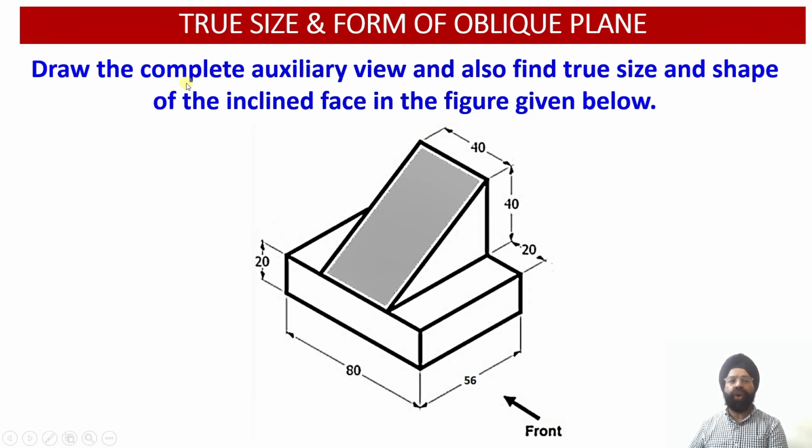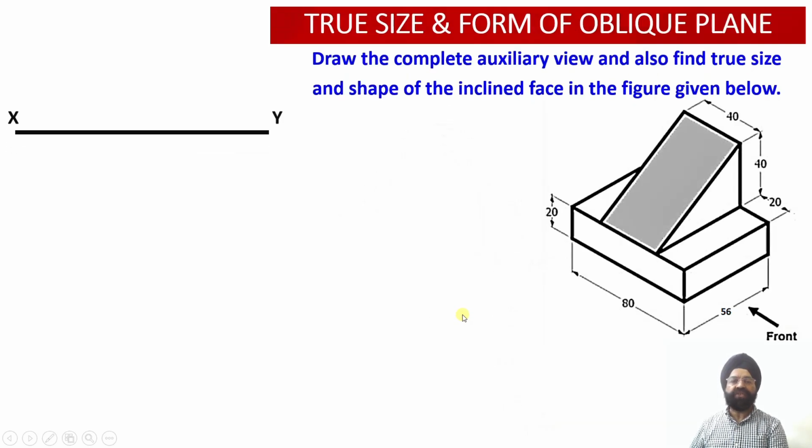We are required to draw the complete auxiliary view and also find out the true size and shape of the inclined surface which is provided to us in the figure given below. We have been provided with the isometric projection of the solid which has been cut by an auxiliary inclined plane. So this is going to be the front view of the solid. Using this information, let us proceed with the construction of the orthographic front view and the top view projections